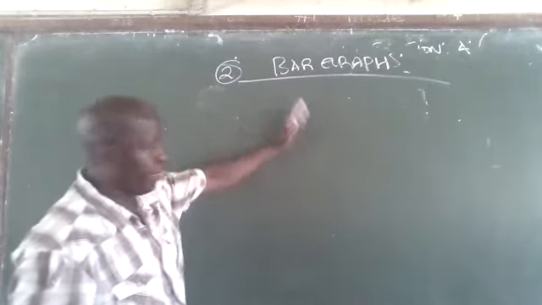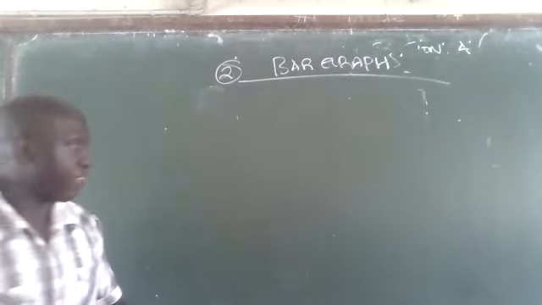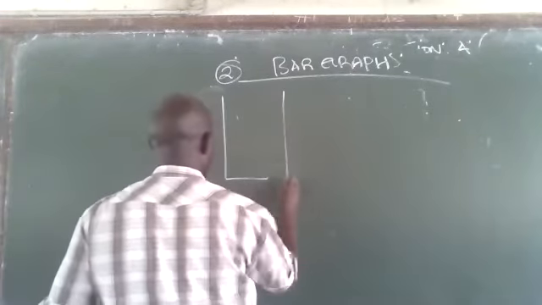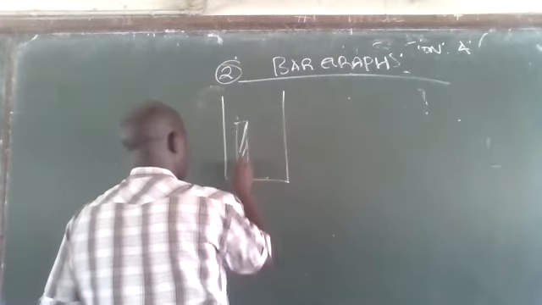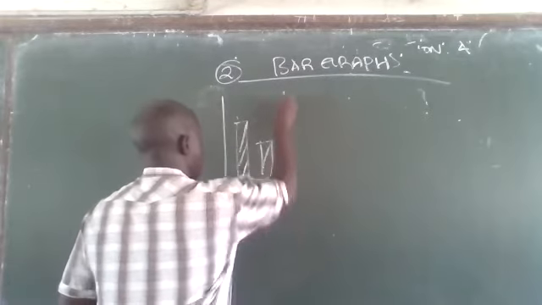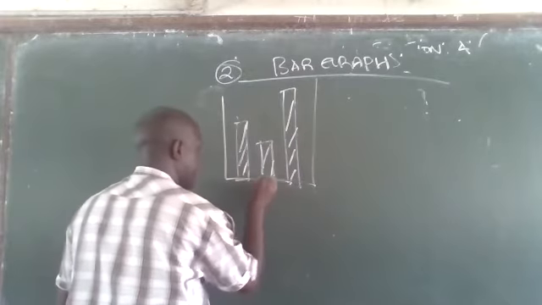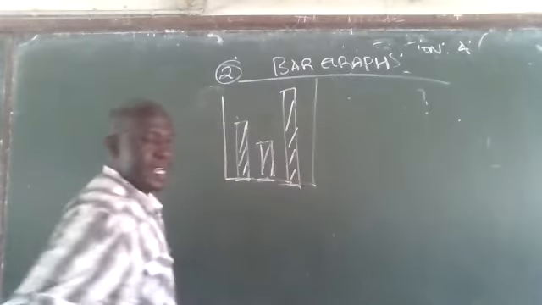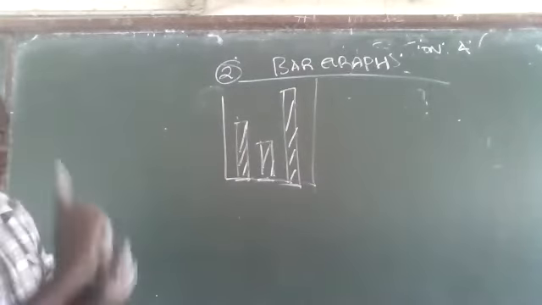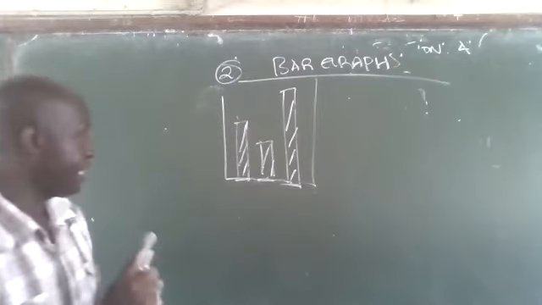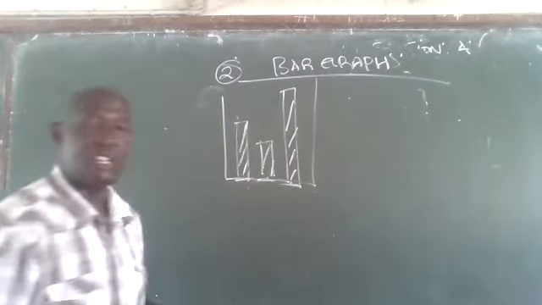Now let us look at the bar graphs. The first one is the simple bar. How simple it is. Every commodity is given its own bar. The height depends on the values in the table, and all the bars are shaded in the